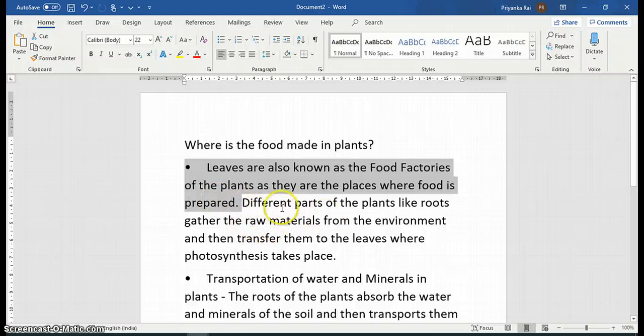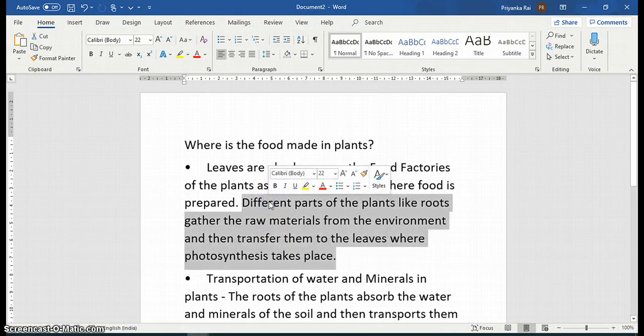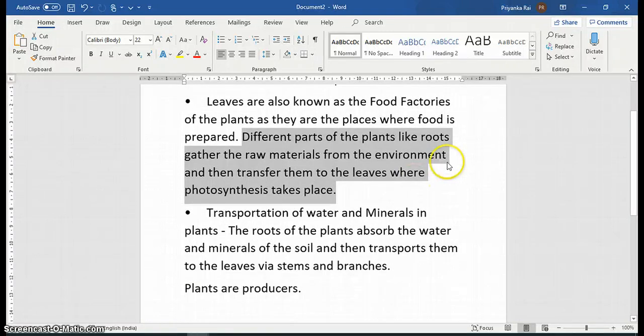Like if I want to select different parts of a plant like roots, I have deselected it. Now first I will press the control button and then I will single click on the particular sentence. The whole sentence is selected. This is the way to select a sentence. Now if you want to select the whole paragraph, what is the correct way?